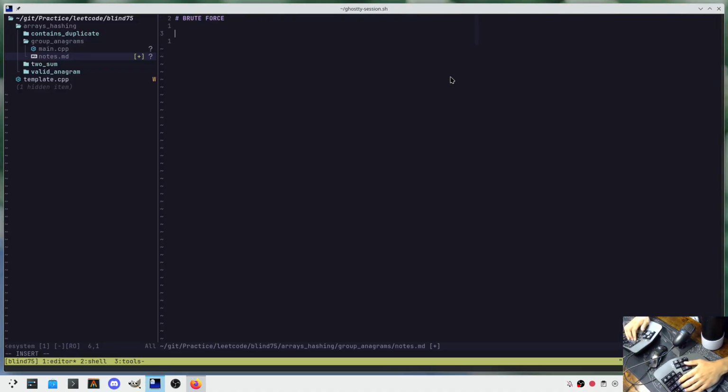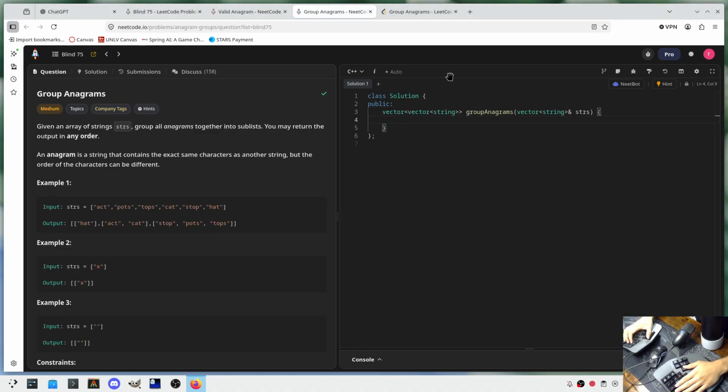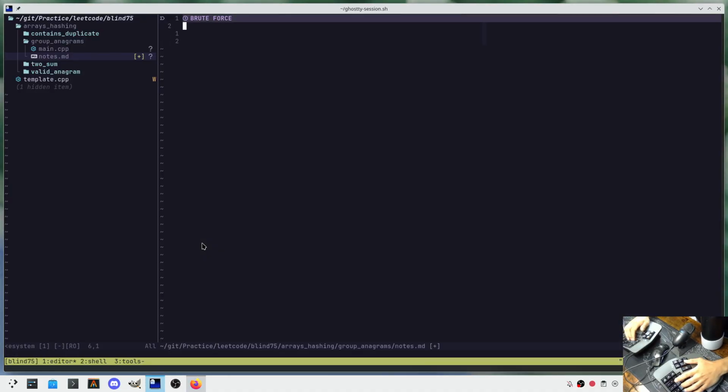What would a brute force solution be? Well, a brute force solution would look something like calculate the frequency of this and then compare it to all the frequencies of here and then add it to some sort of bucket of a 2D vector, right? Calculate the frequency and then look at the rest, add it to some sort of bucket, and so on, right? So that would be the brute force. In this case,